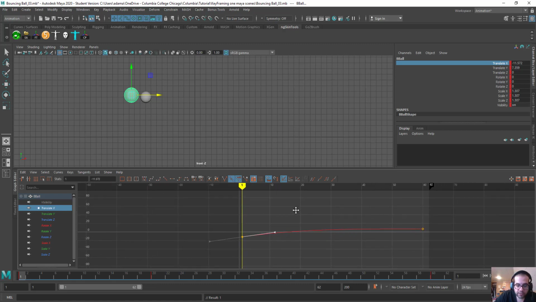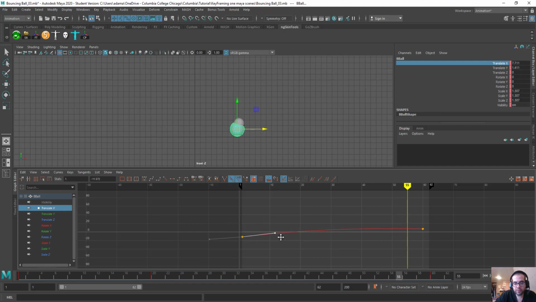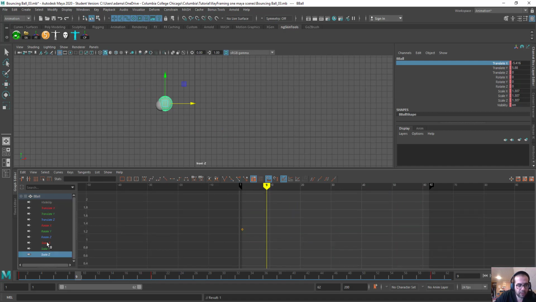So if we look at this, we want it to sort of ease in as it's coming through. So see how far it goes before it hits 60 on translate X. So that's what we want to be conscious of. So if we go the opposite direction, well, first, if we flatten that out, that's what we should always do first, just to sort of check out what it's like. And now I press play. You can see it's moving at an even rate. See that? And if we ease it out and then ease it in, notice that we're sort of accelerating the path that it's traveling on, right? And it's rolling back, which is interesting because it looks like we have